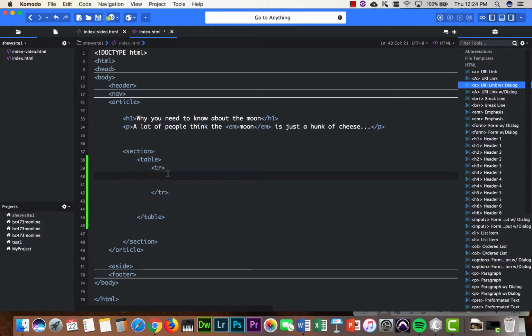And then within the table row, so think of a row going across the top of a table, I need to make the cells. And the cells can either be TD, table data, or TH, table head. And there are other ones if you want to look it up. But you can go TH, we'll make this bold, and what would go in our first column heading? So let's maybe call this craters. And then I can copy that, go to the next line and paste it, and instead of craters, I could call this